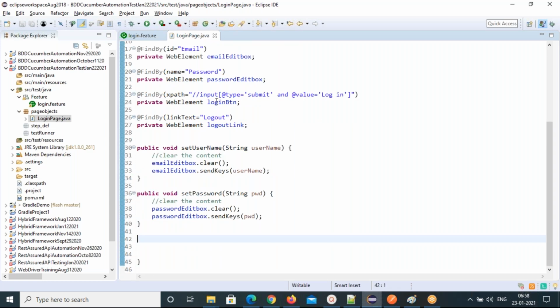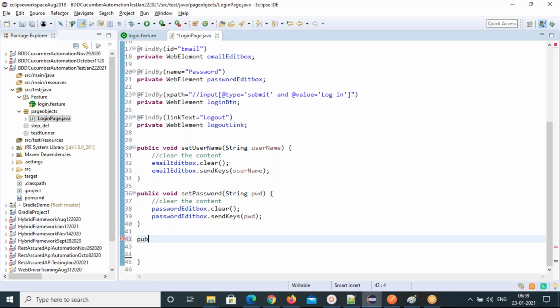So we need to write a click syntax, right? Click on login button. So the next method we need to write is click on login button, and click on this logout link.